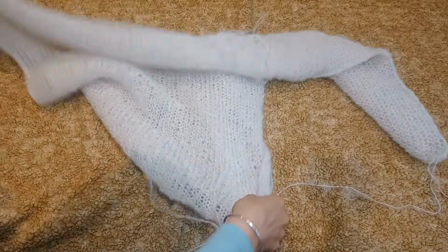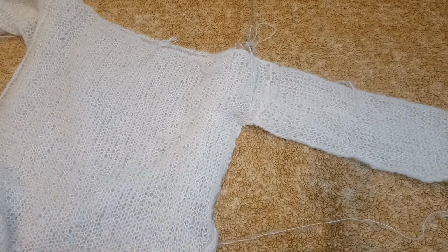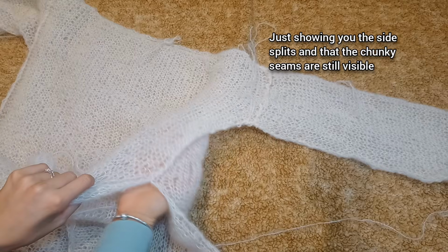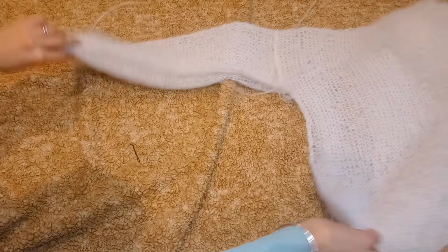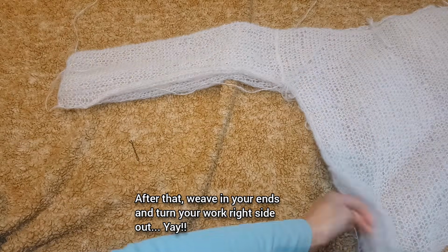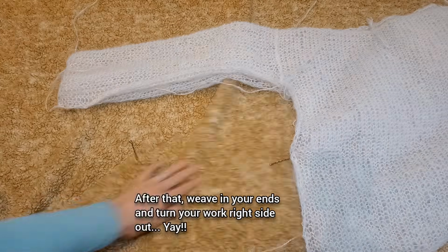Now we just need to do it on the other side. Make sure you still have the wrong sides facing out so that the chunky seams will be on the inside when you actually wear your jumper. So this is actually inside out right now. So onto the other side. My stitch marker is there, and I'm going to do the same from the sleeve to the armpit and down to the stitch marker. Once you have woven in those ends, try your jumper on and just bask in the